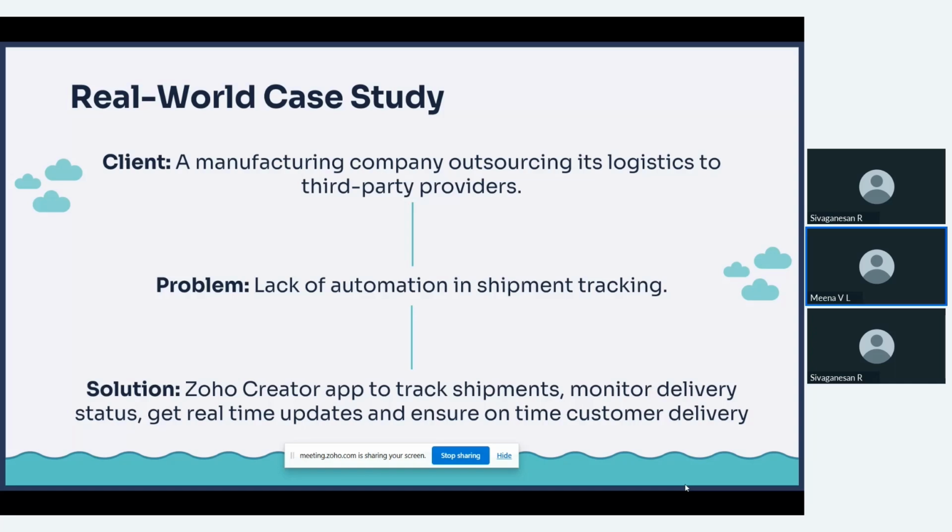And what is the cost involved? Maybe you want to track the cost involved in each delivery. That can also be collected through the fields that we have in Zoho Creator. Also, once you do all this, you would like to evaluate the logistics partners' performance. Who is doing better? Who has a lot of delayed deliveries? All this kind of evaluation you can do. So how do we do that? Now let's go to the live demo and check it out.